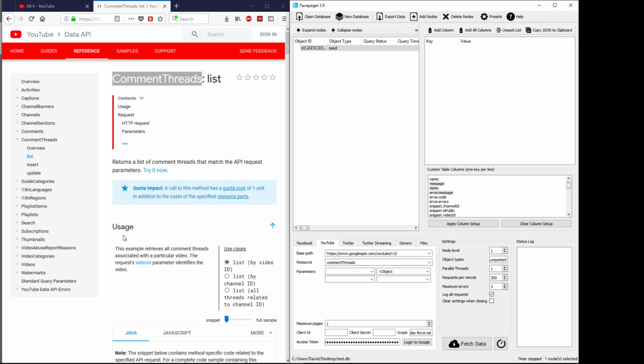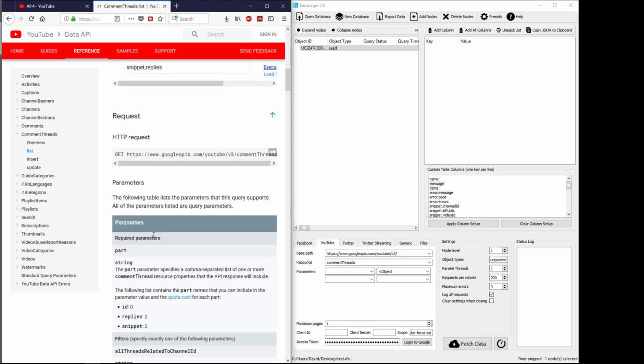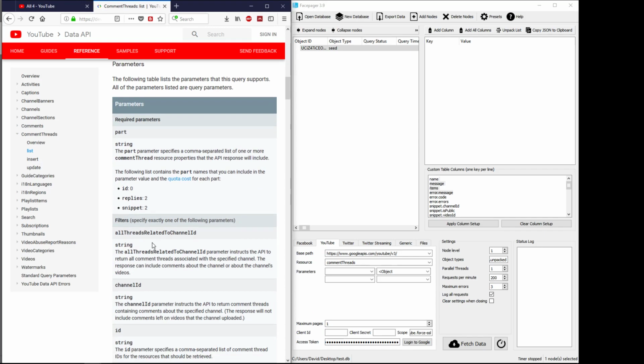And the parameters, you want to scroll down on this page, so you've got to this parameters bit, and the only two we want are these top two. Actually, yeah, part and allThreadsRelatedToChannelId. So the allThreadsRelatedToChannelId I'm going to put in first. So I'm going to copy it and I'm going to put it in this first parameter box. And then this drop down arrow, I'm going to select object ID, which is this thing I've pasted in here. The second thing I'm going to put in is part, and I'm going to put in replies and snippet. So put replies, comma, snippet,